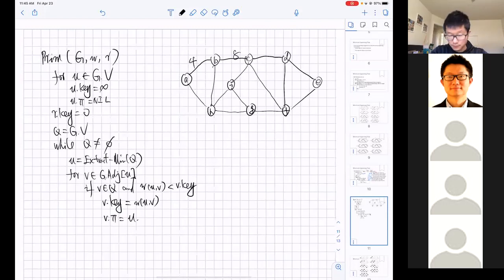Four, 8, 7, 9, 14, and 10, 2, 4, 2, 6, 2. This is 1. 7, 8. Okay, so this is an input graph, and suppose here we say that A is our starting